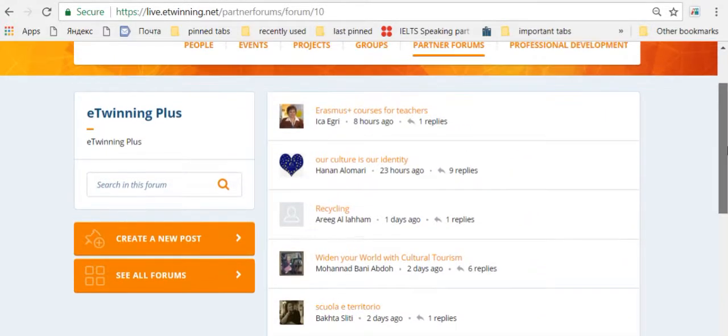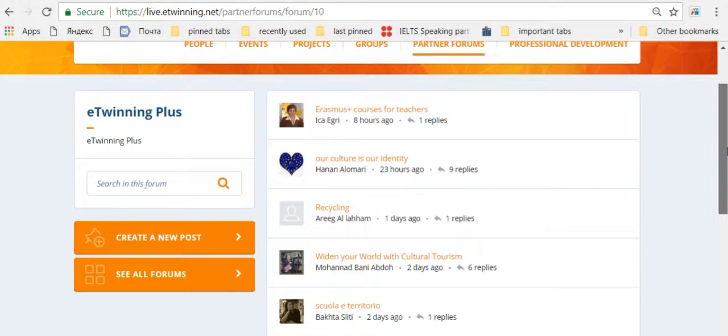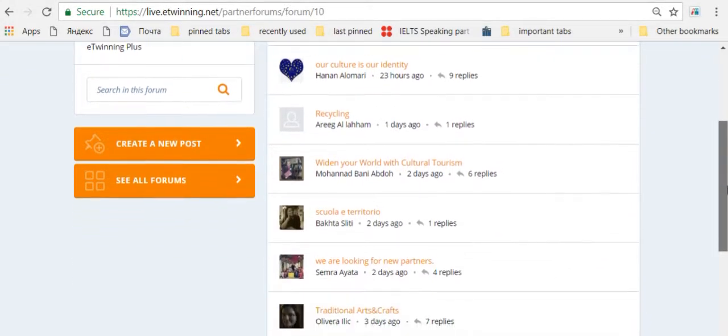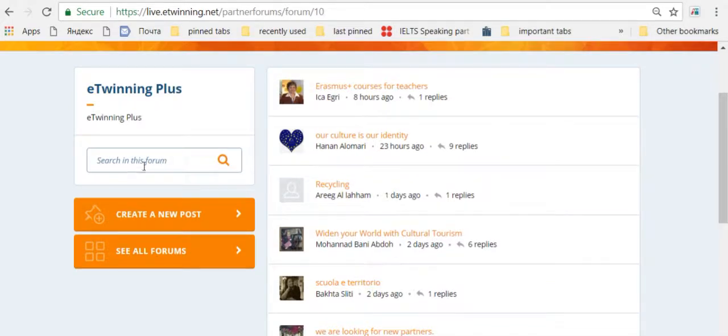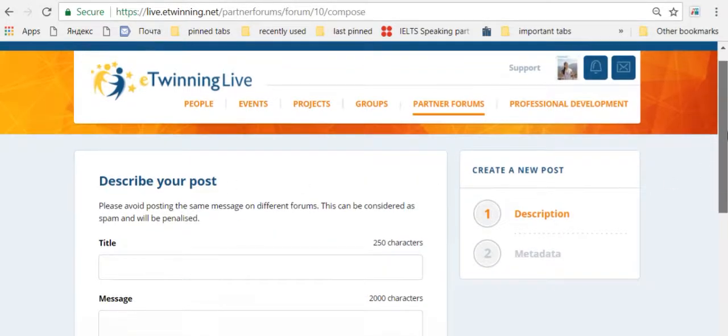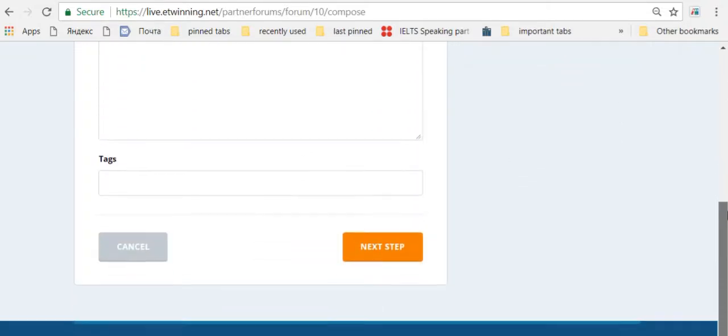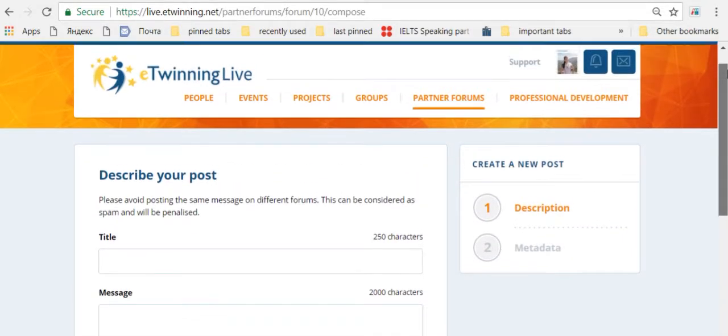For example, they're looking for a partner, they're looking for a good idea, etc. Or you can also create your own post. You write down the title of your project and the message, and you can even tag some people there,